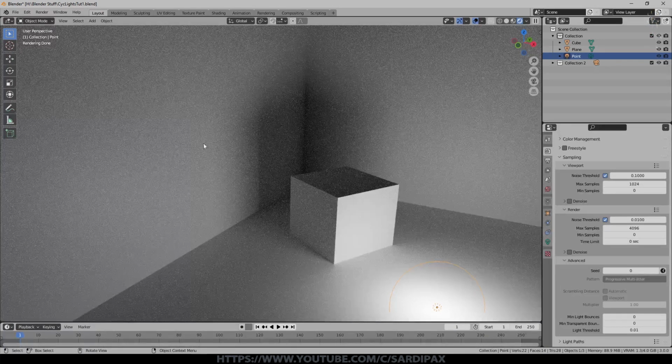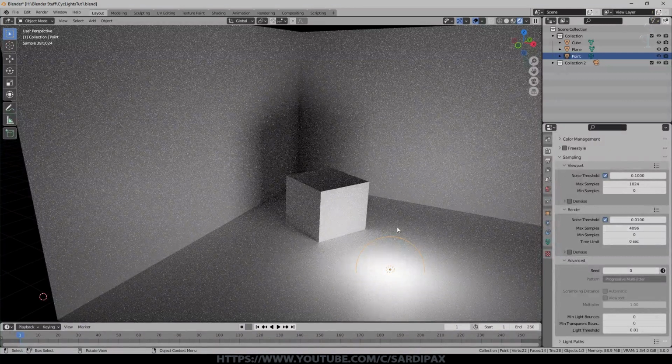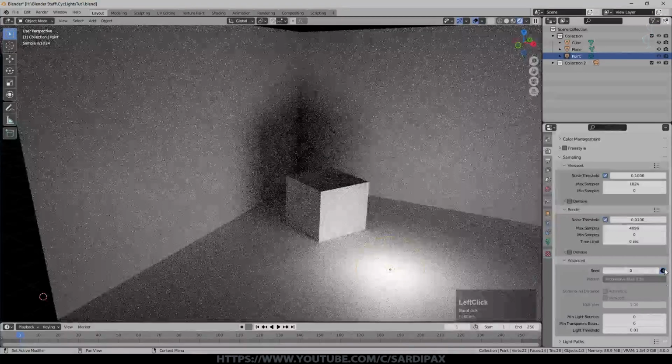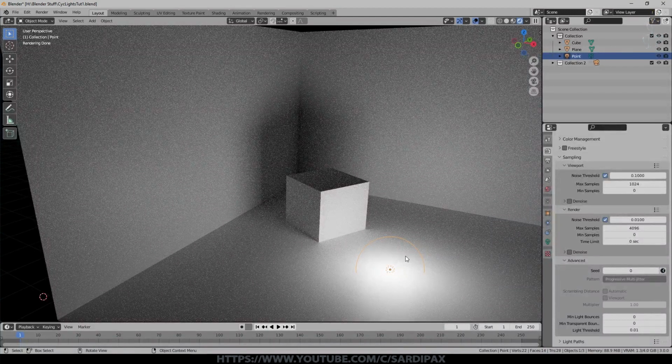Little note about the impact of having a certain amount of noise in your scene. Even if you denoise it, it's still there to some extent. If you're creating an animation, you need to turn this little clock on just by clicking it. And what that does, it randomly decides what spot to do the calculations for to work out whether any light reached the camera, and it does that all the way across the scene. So it's randomly picking spots, which is why some are brighter than others and we're getting noise in the scene.